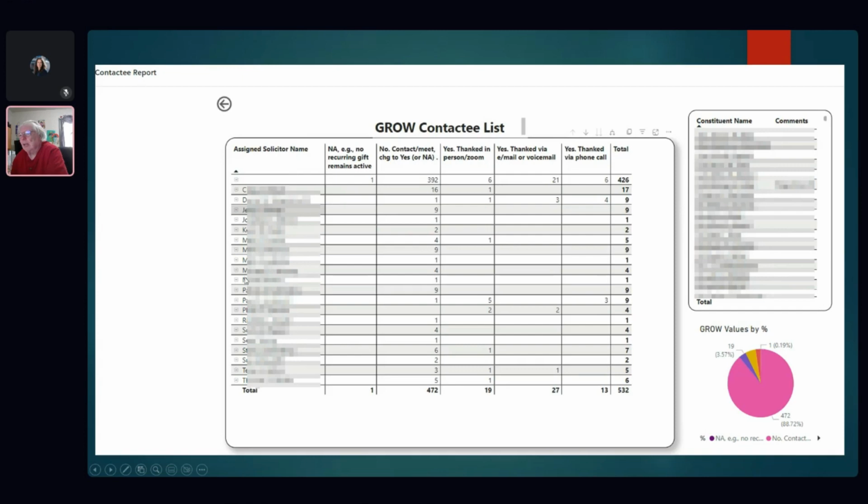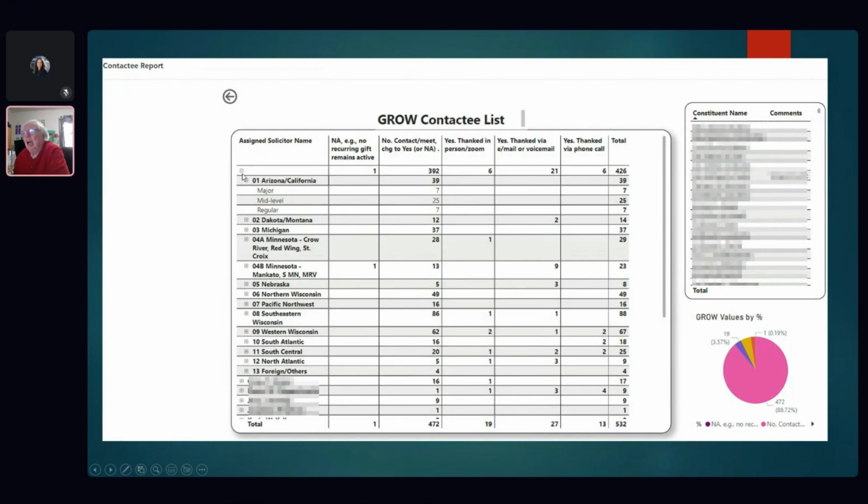That's what the grayed out info is here. These are all of our staff people. You can see how many of these are assigned to each one of them, and it's their responsibility during the year to reach out to those folks. You can see the no's; those are people on the list but have not been contacted. You can see the yeses, and you can see what's left. You'll also notice the top here, the unassigned, and you'll also see the little pluses here. If you click those pluses, you see that Power BI drills down, and you can drill down in lots of different ways. In this case, I drill down by area, region, and then by what we call donor tier.